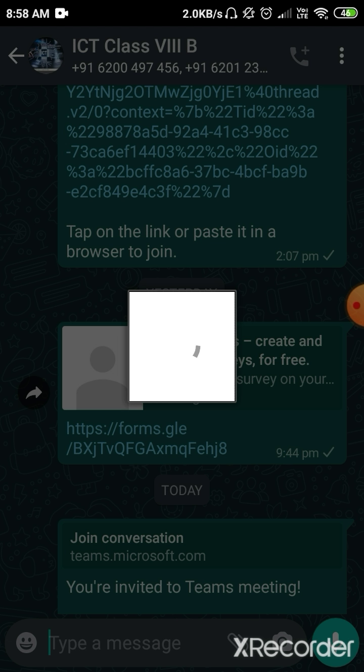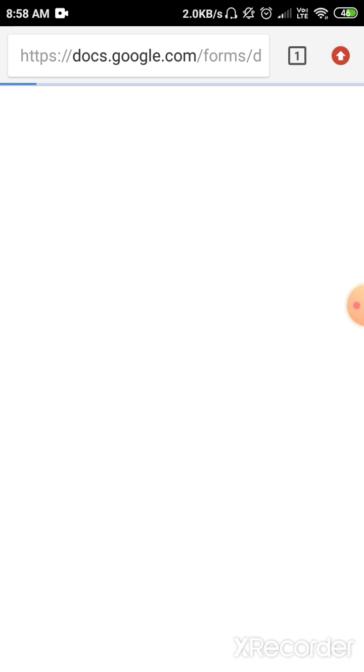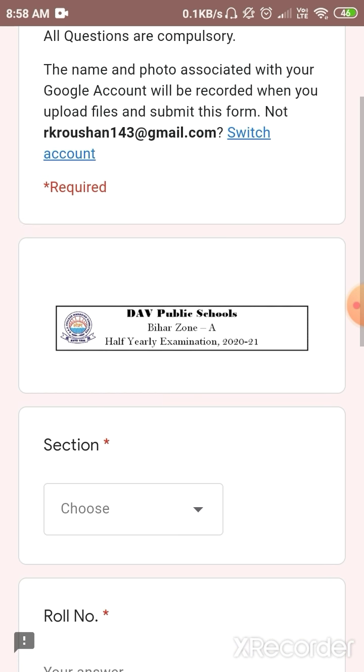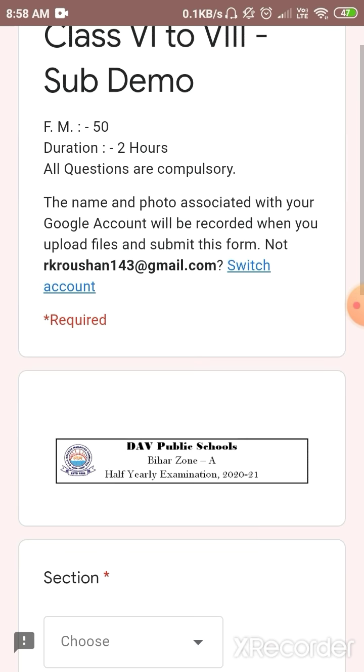In other browsers, it will create problems for you. This link is opening, and in a few seconds you can find it in front of you.